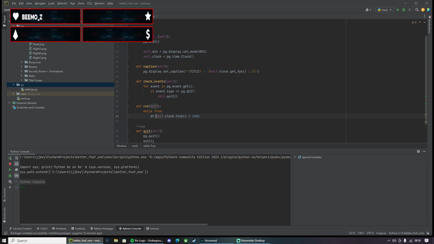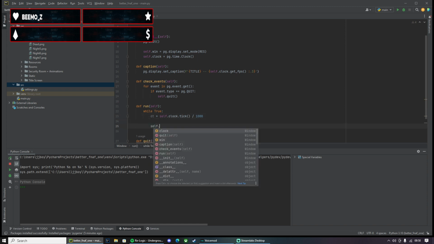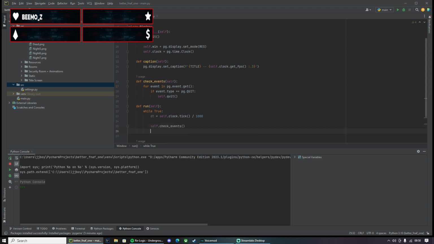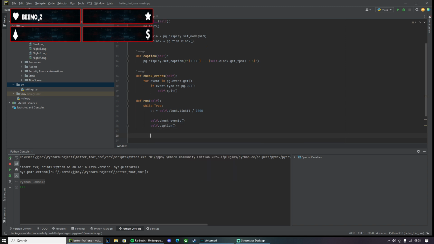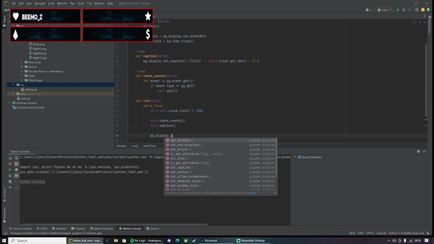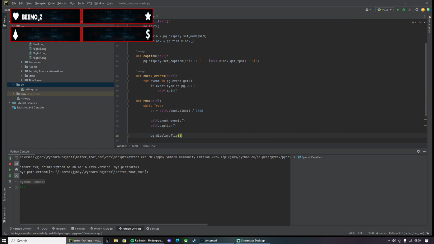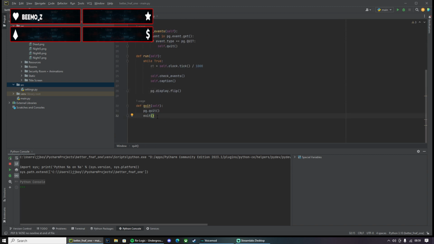So we'll call this delta time. Delta means change in, so delta time means change in time. So we're just checking how far the computer processes stuff. We'll also call self dot check events, self dot caption, then we'll do pg dot display dot flip, because we'll update the screen. And I think after that all we'll do is just run it to see how it works.